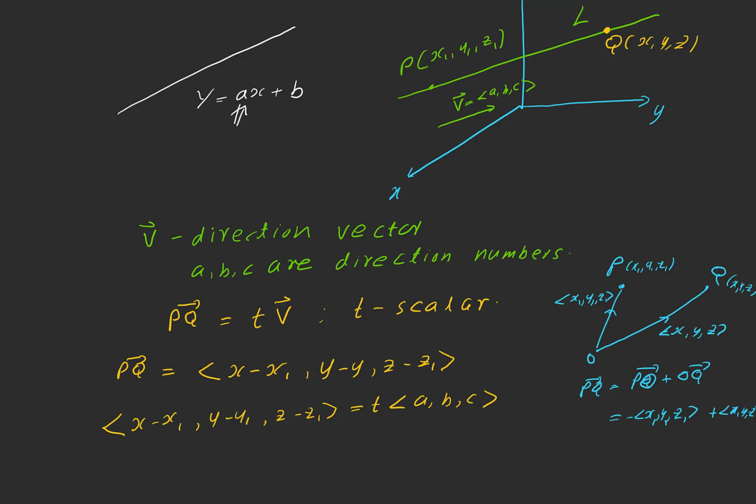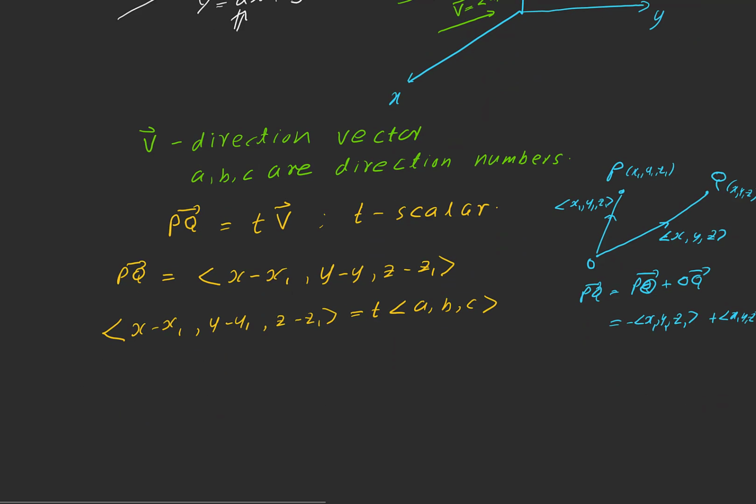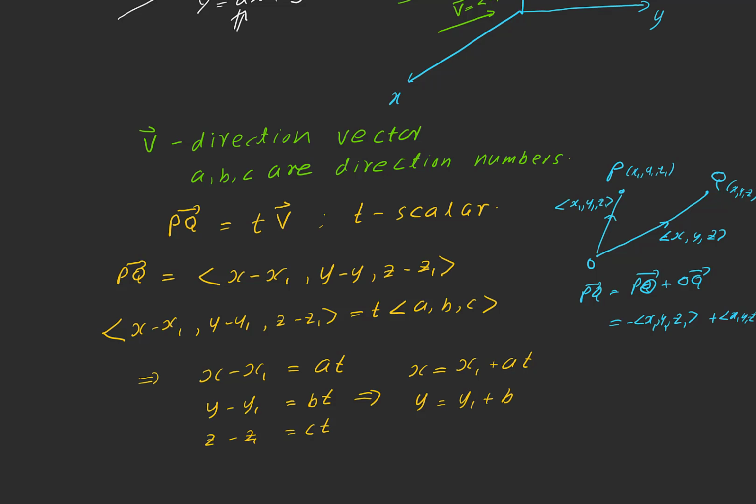By equating corresponding components, we obtain x minus x1 equals at, y minus y1 equals bt, z minus z1 equals ct. So from these three equations, we have x equals x1 plus at, y equals y1 plus bt, z equals